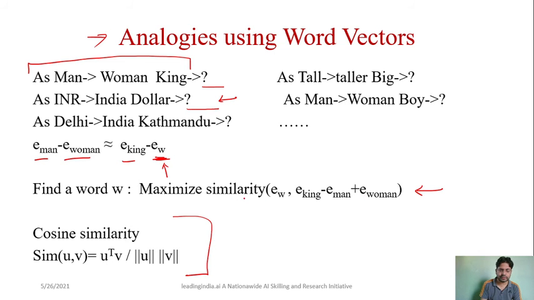Now how will we find the similarity? Using the cosine. So you will have one vector that is coming from here, and you will have all the vectors that are coming from here. You just need to compare them, and whichever one is the closest, that will be your target vector and target word. So in that way you can find the most correct word.